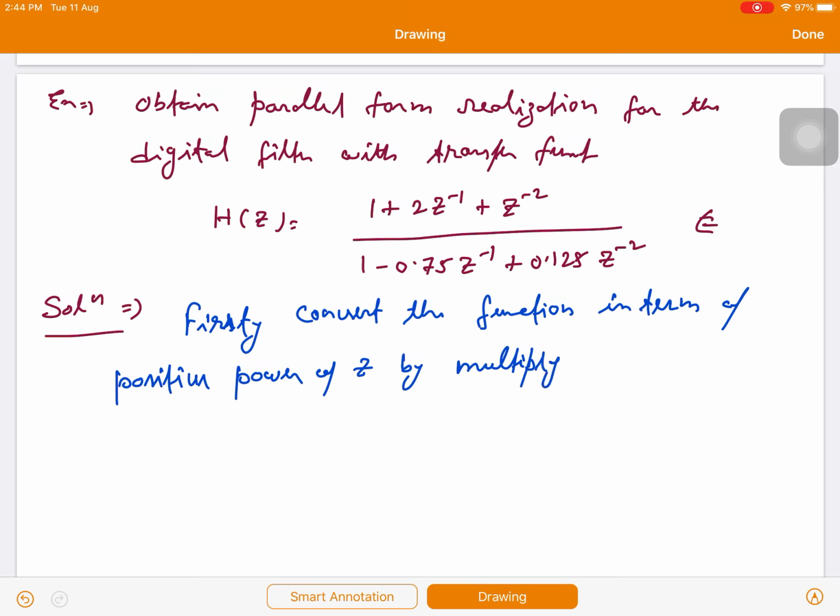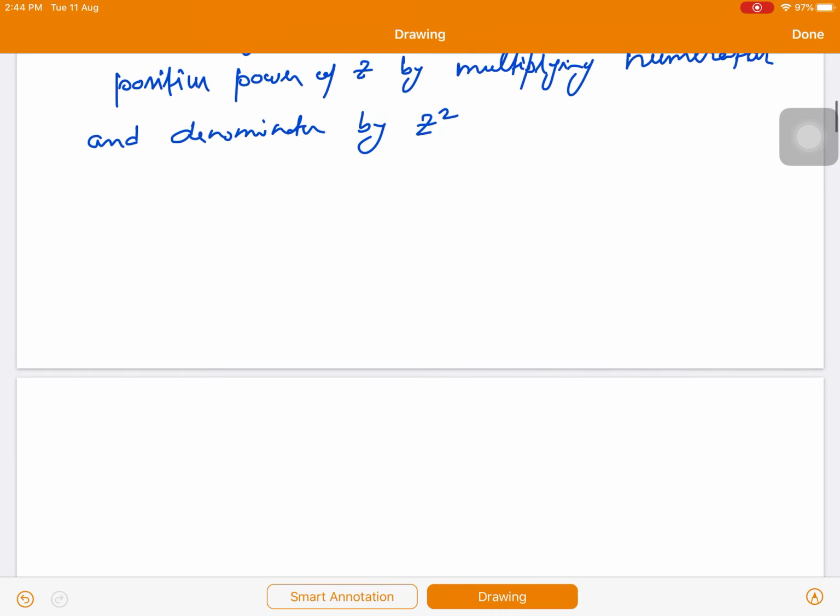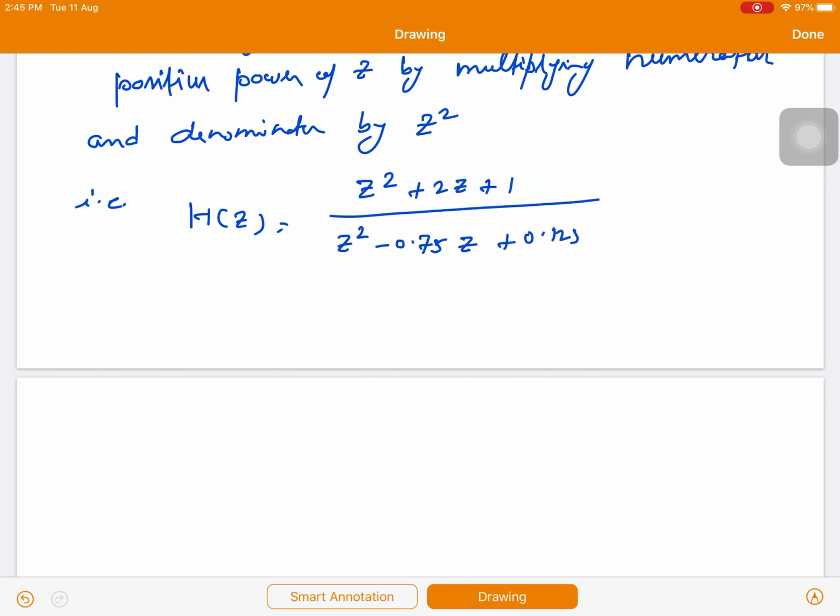So by multiplying numerator and denominator by z square, जैसे ही हम z square से मल्टीप्लाई करेंगे तो क्या होगा, we will get H(z) equal to z square plus 2z plus 1 upon z square minus 0.75z plus 0.125. ठीक है, हमें ये मिल जाएगा।